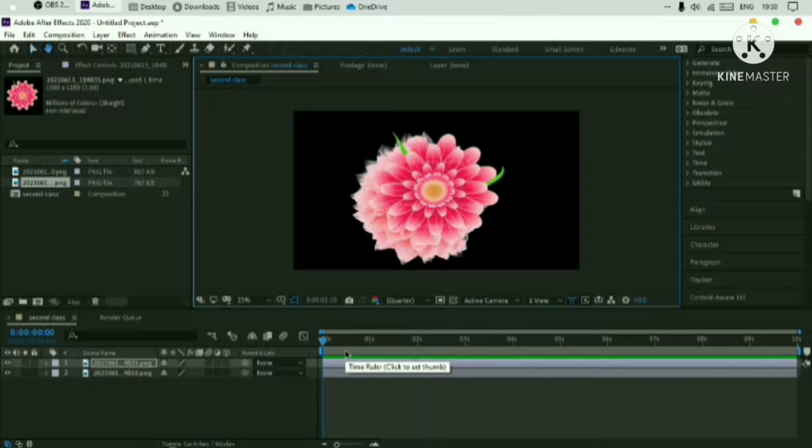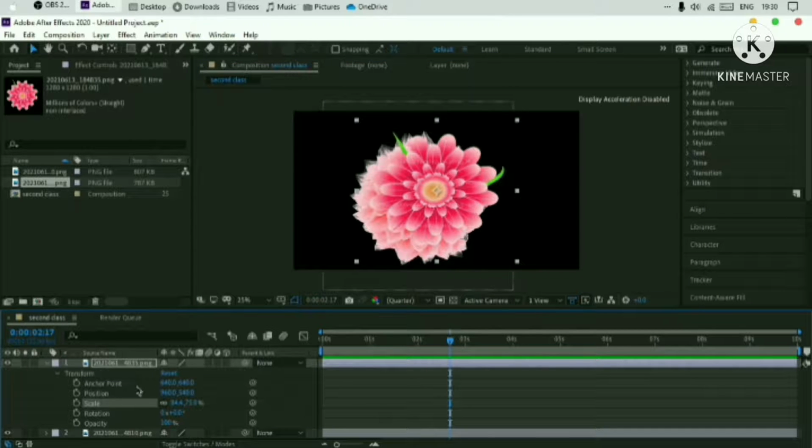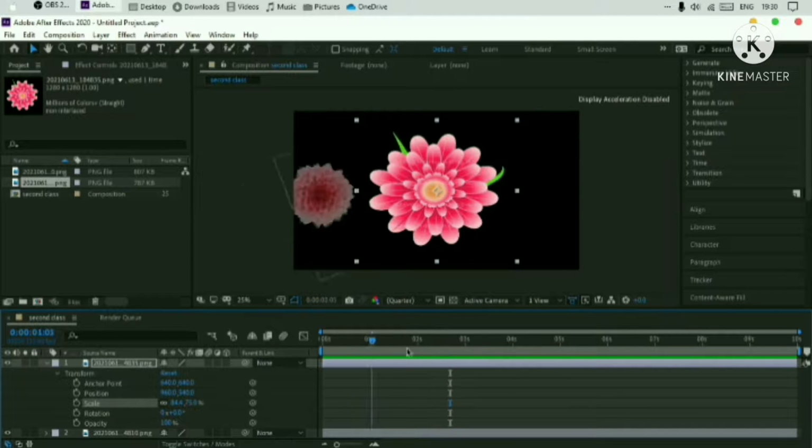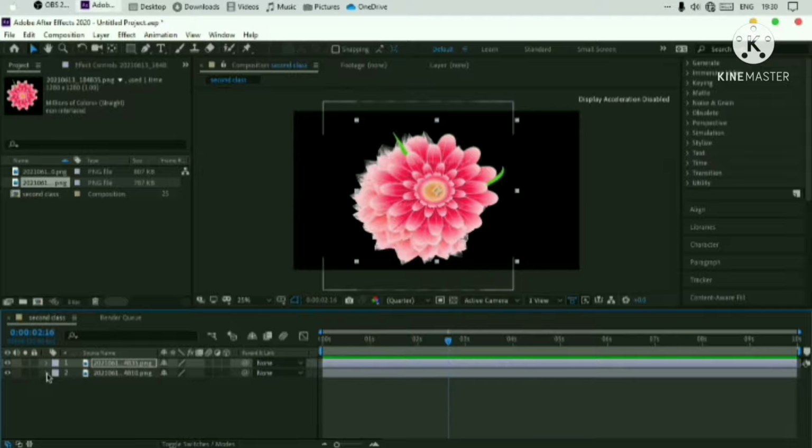Now that's our animation. Basically, that second layer is what we are getting here.